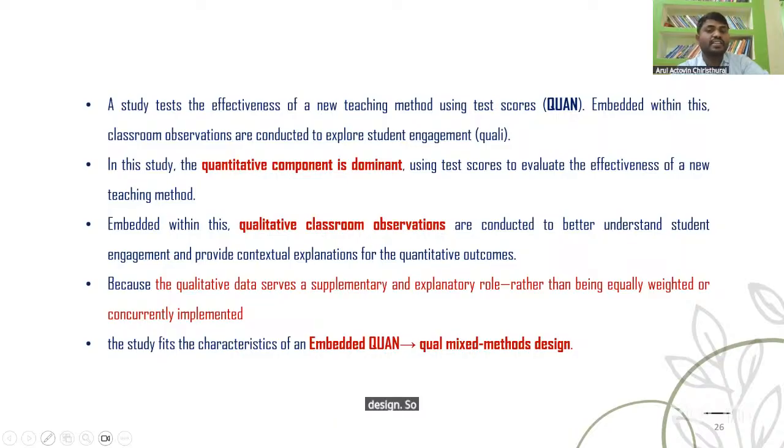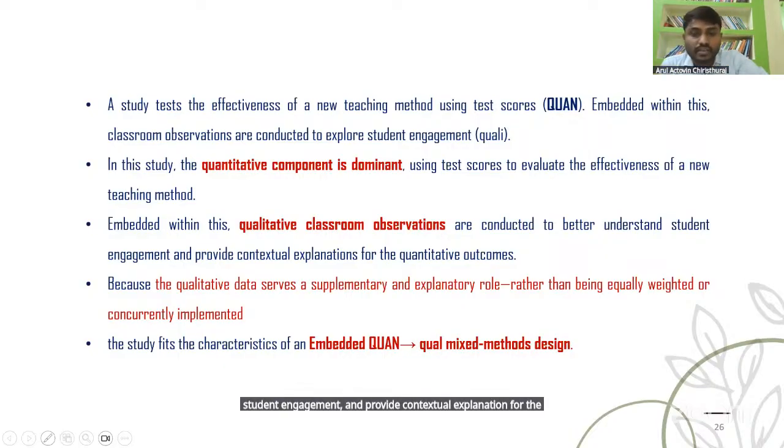So classroom observations are conducted to better understand student engagement and provide contextual explanation for the quantitative outcomes.